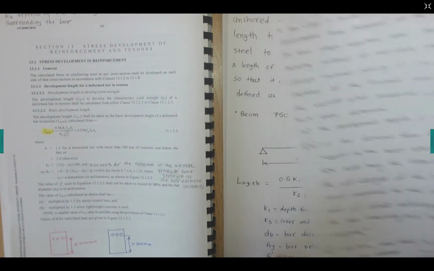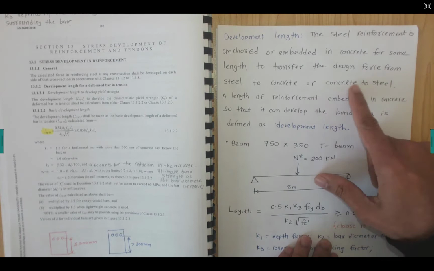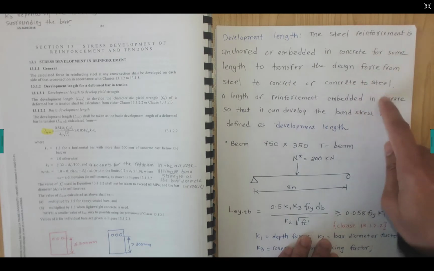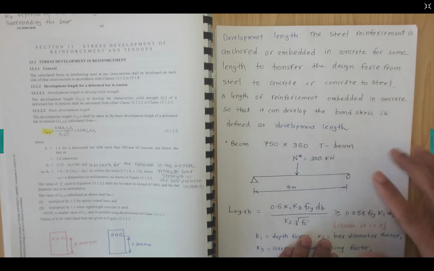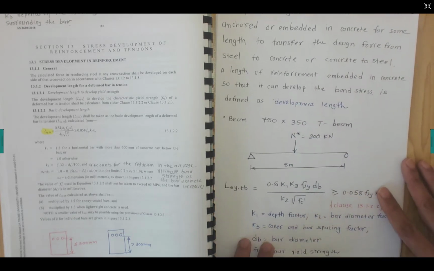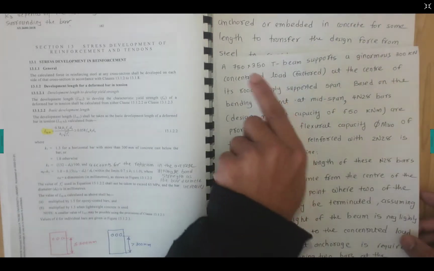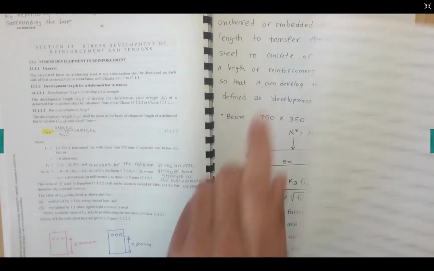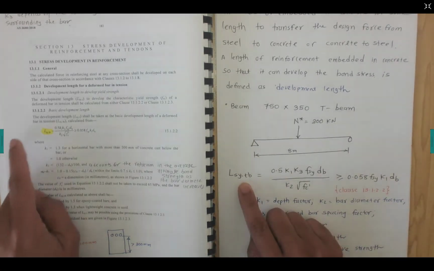Now let's solve this example. Development length is the length that reinforcement is provided for transferring the design force from, let's say, steel to concrete or concrete to steel. So that is the length which is embedded in the concrete. We call it the development length. That's just a quick definition. We have a given beam of 750 by 350 millimeters, a T-beam. It is 8 meters long and simply supported, and the concentrated load of 300 kilonewtons is applied at the middle. So now development length Lsy.tb is taken from